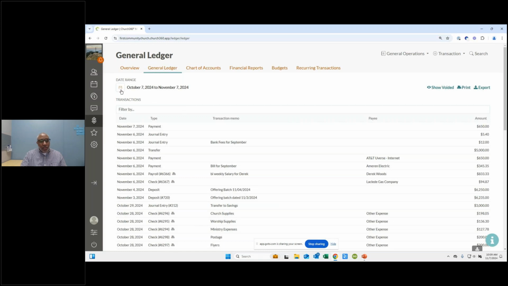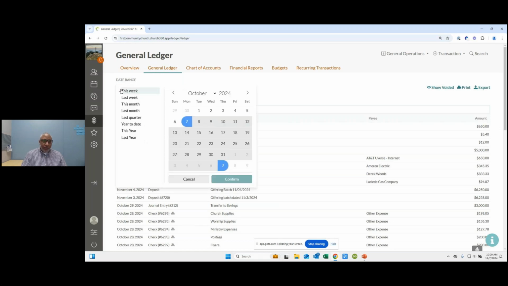So this has a date picker here at the upper left. There was a very specific date picker in the old ledger, and we went through and reworked the date picker to give us similar functionality. It's not 100% the same. You can tell that there are differences here, but we're hoping that this fits the bill and is a little less confusing in some aspects. Down the left-hand side, there are going to be time frames or time periods, and then you can work whatever date range you want over here as well.